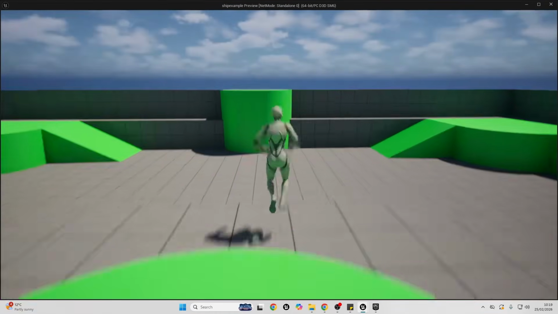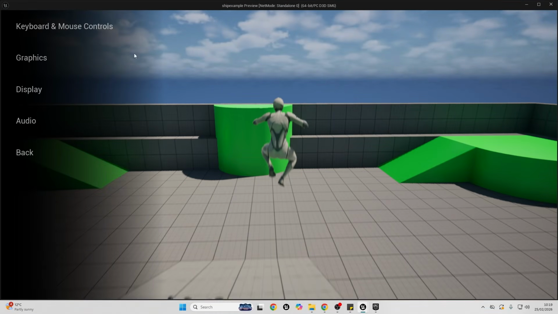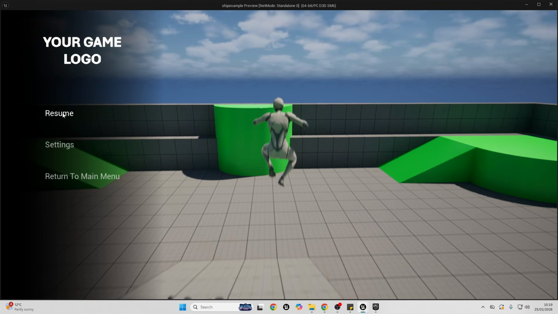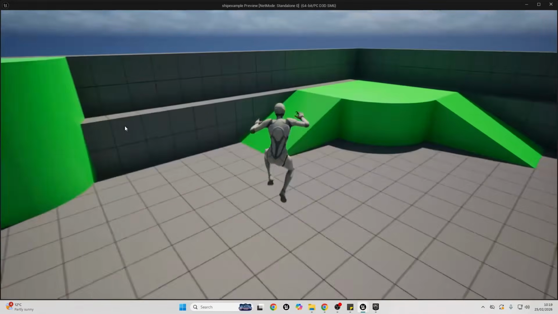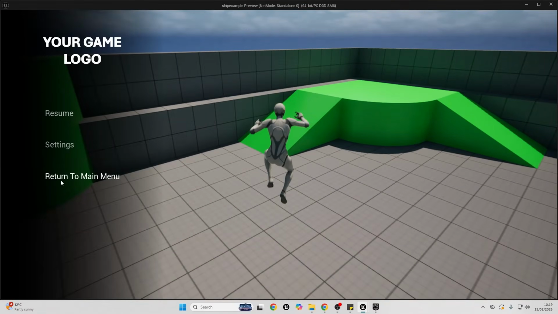If I play the game, if I press P, it's going to pause my game, and I have access to the settings menu where I can change all of the settings of my game. I can go back, I can resume my game, and if I want to, I can also return to